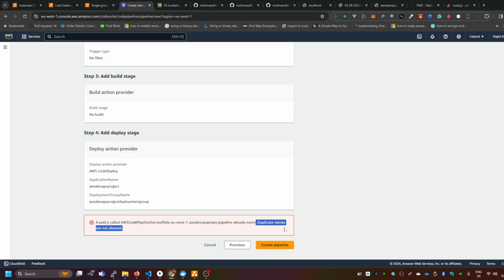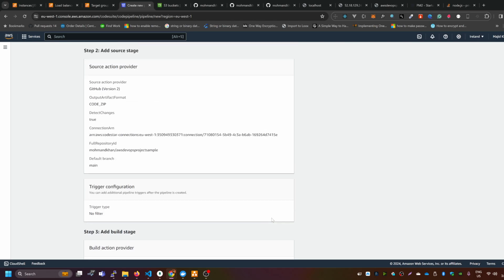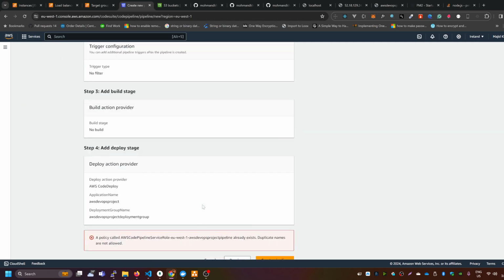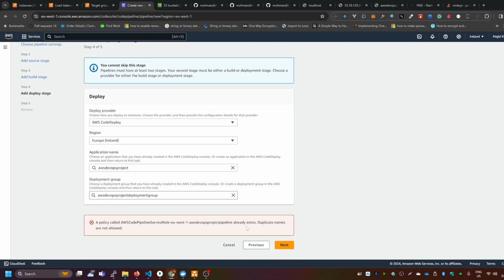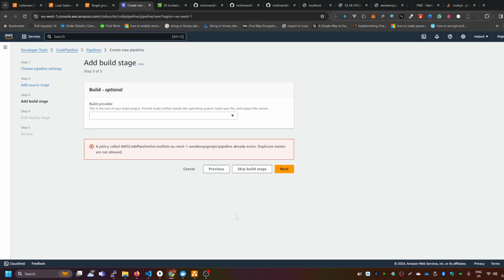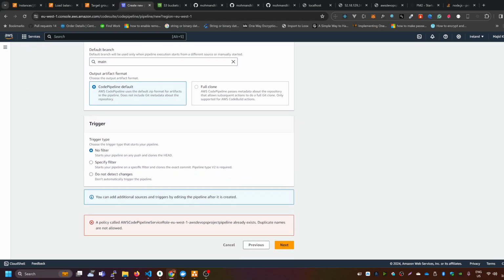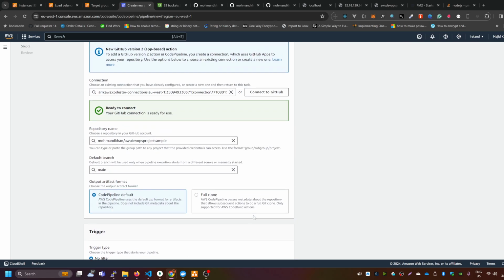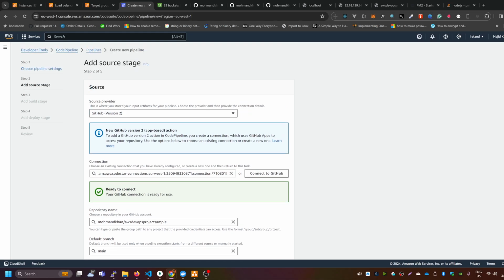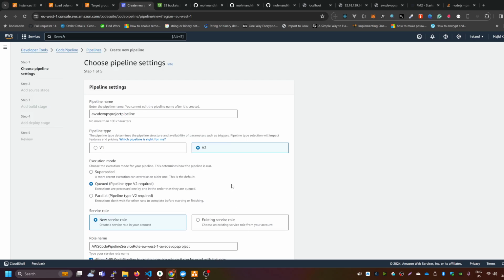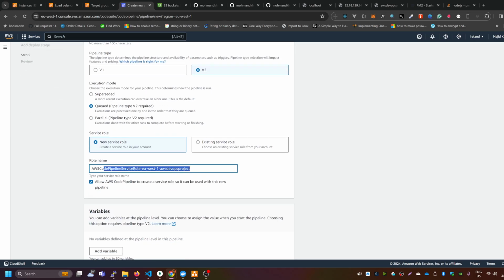Okay, duplicate names are okay. Where is the policy? Let's see. Previous, previous, previous. Which policy is saying AWS CodePipeline service role? Okay, that policy is again making a problem. Let's see. Previous. Let's see. We would say AWS DevOps project policy. Okay, copy it